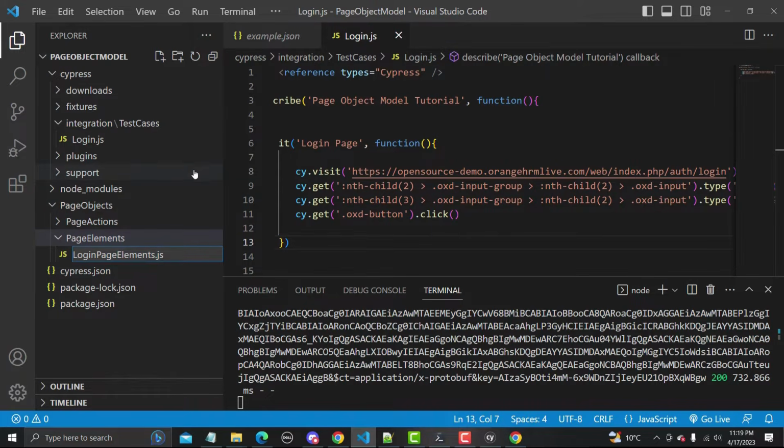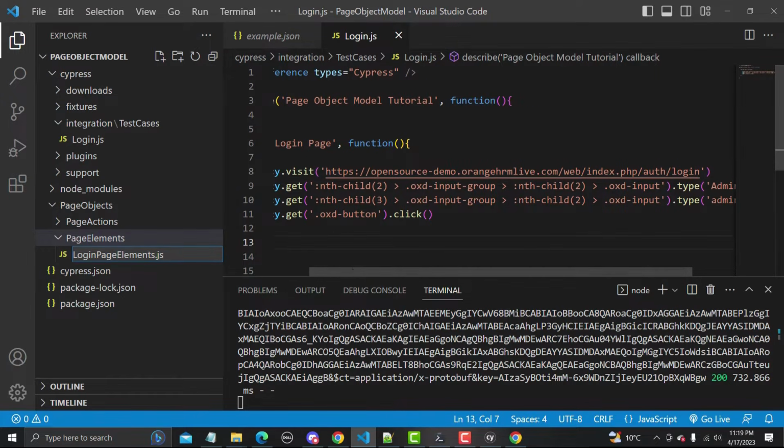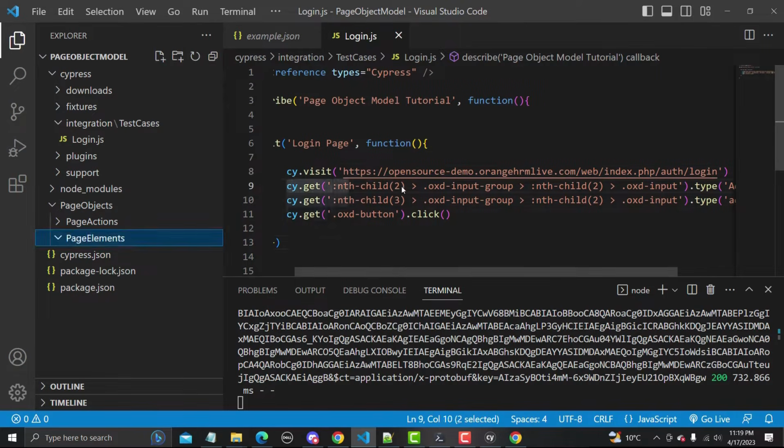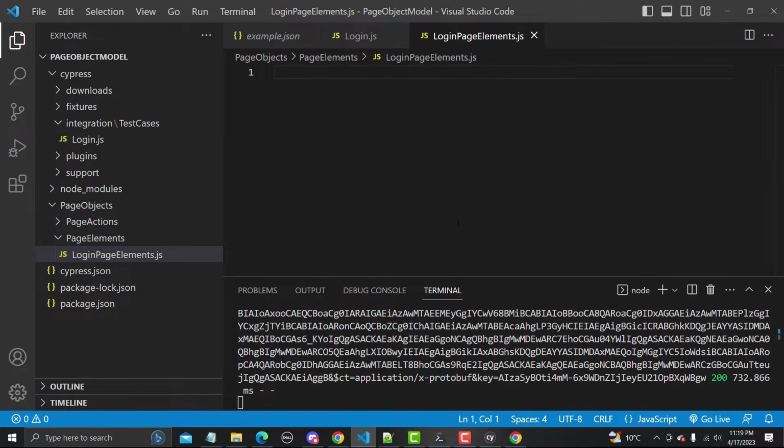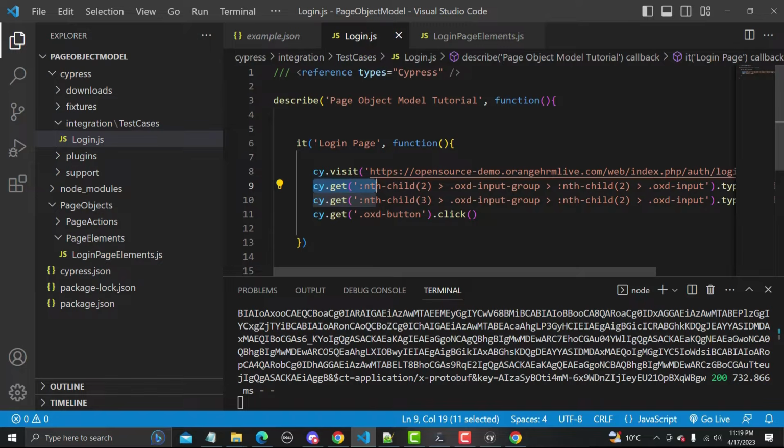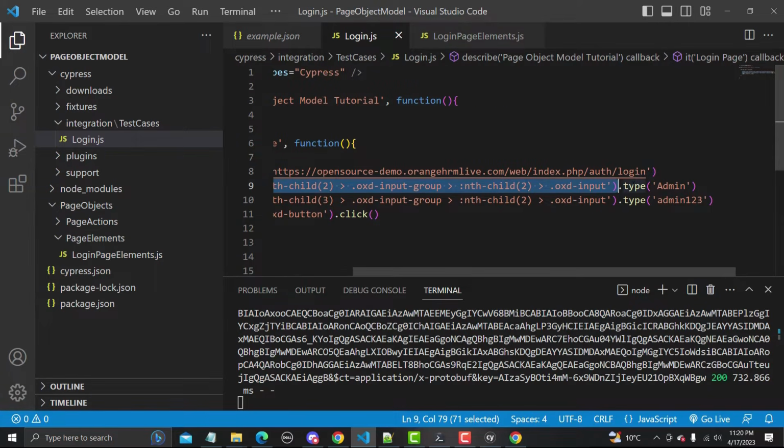So if we talk about this linear script, this is our complete test case written in one file. We have all these elements. So this is the element we have located. Let me show you again. So cy.get element, this is your element. This is also present here, and type is basically an action. Click is the action.